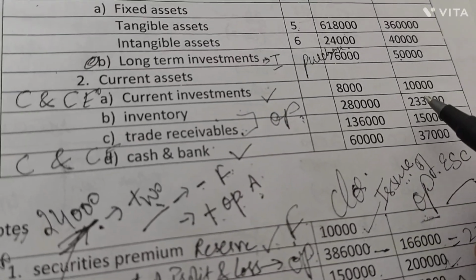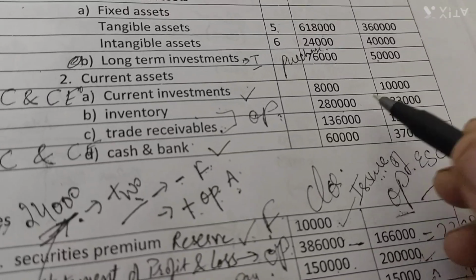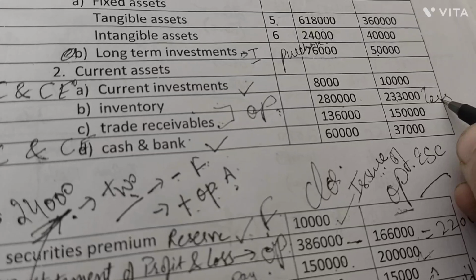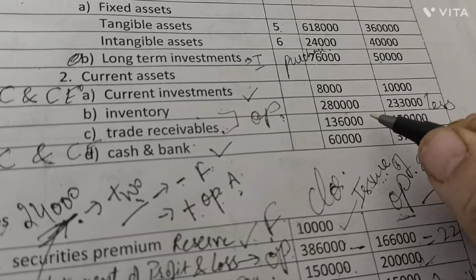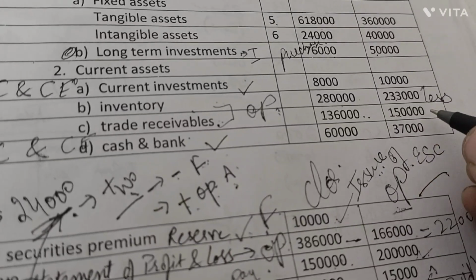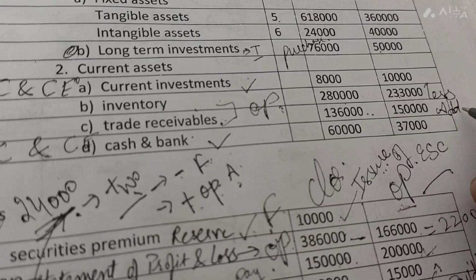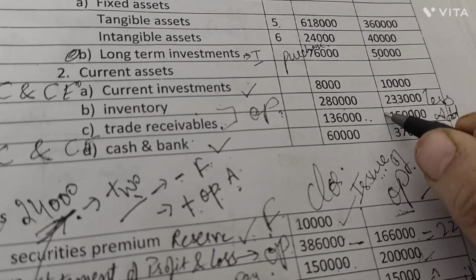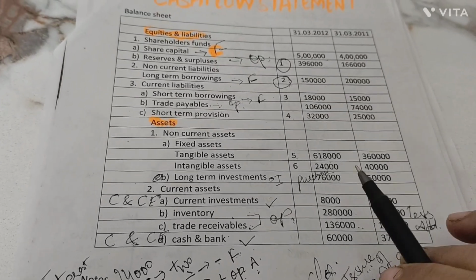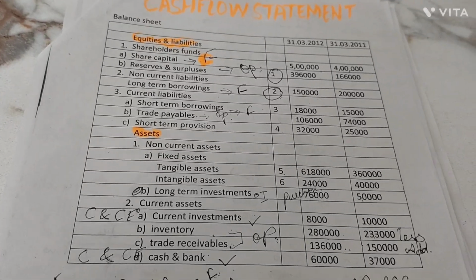Now you can see your inventory has increased, so it shows that you have purchased more inventory, so it will show under the head less for working capital changes. But trade receivables have reduced, it means you have received money from the debtors, so it will go under the head add for your given case of trade receivables reduction, right? So here we have thoroughly analyzed our balance sheet. Now we will go to the solution, that how we have to consider all these things.